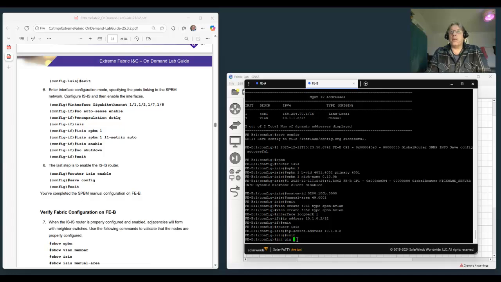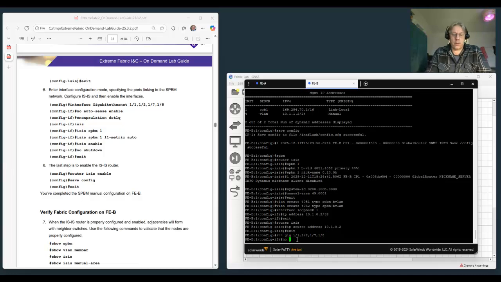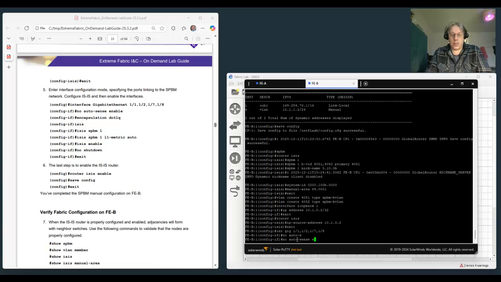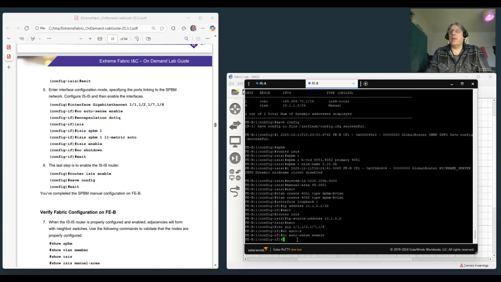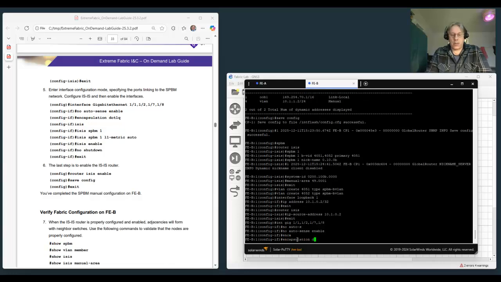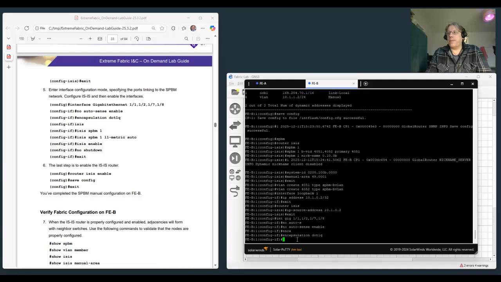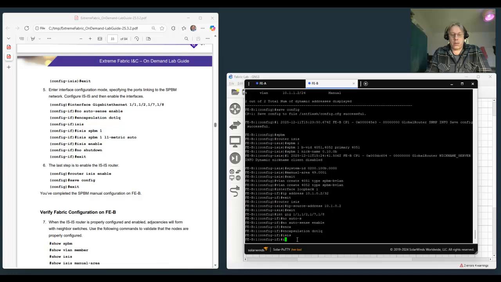Go into interfaces 11, 12, 17, 18. Do no auto sense enable. Encapsulation dot1q. ISIS SPBM1